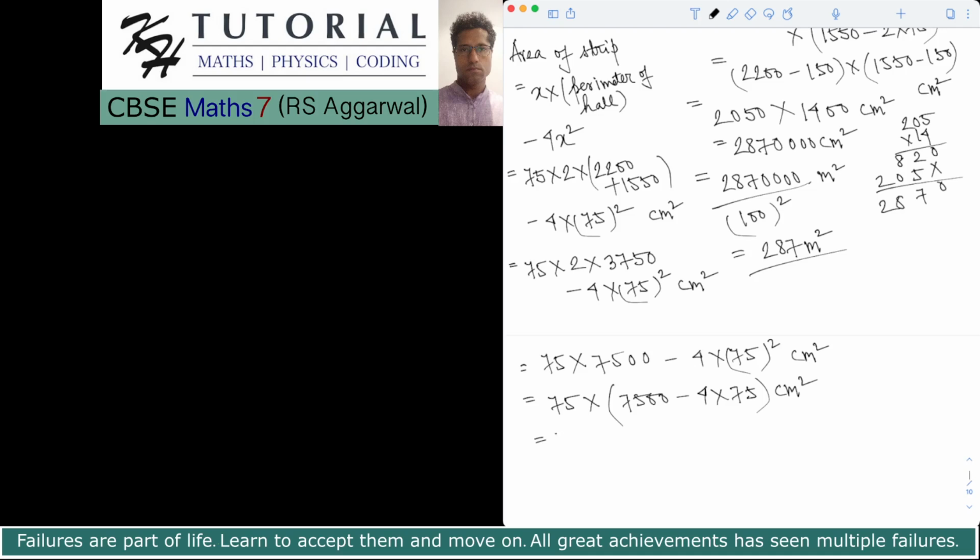How much is 4 multiplied by 75? 300. So this is equal to 75 multiplied by 7200, this much centimeter square, which is equal to